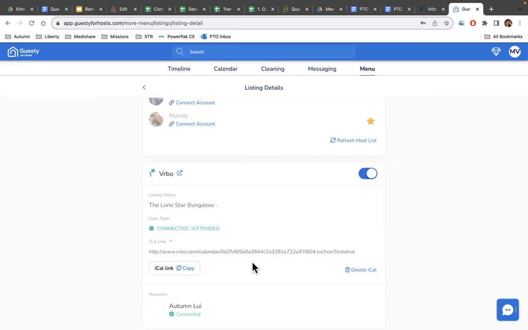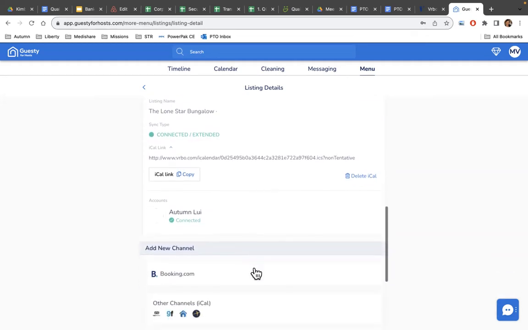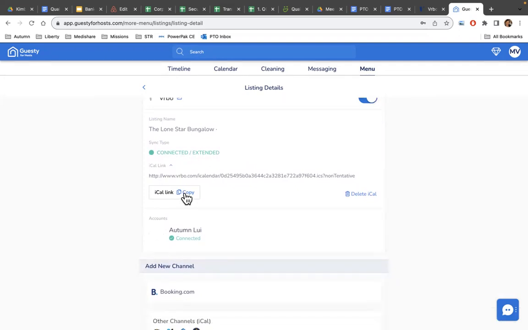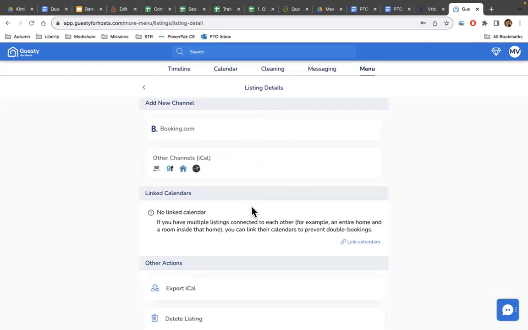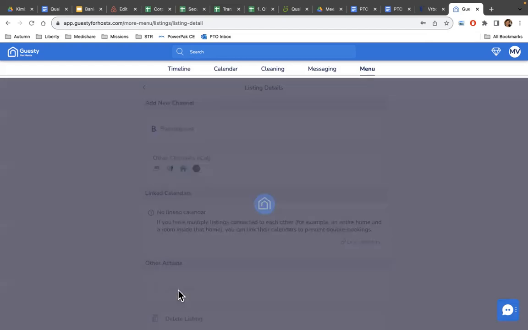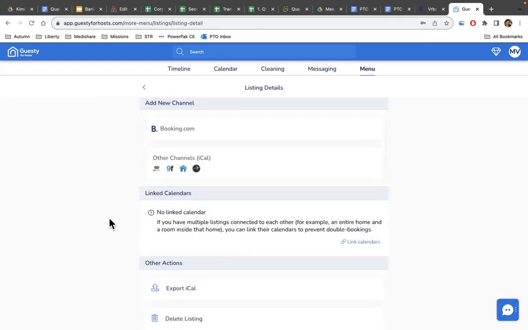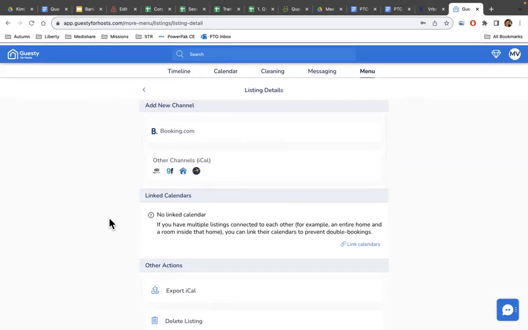I think this is VRBO's link. Okay, so what you have to do is add the iCal link from Guesty to VRBO and then copy the VRBO iCal link and paste it into Guesty. You have to share the iCal link between Guesty and VRBO. And in order to do that, you will,